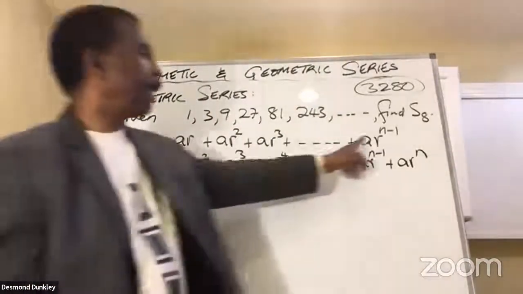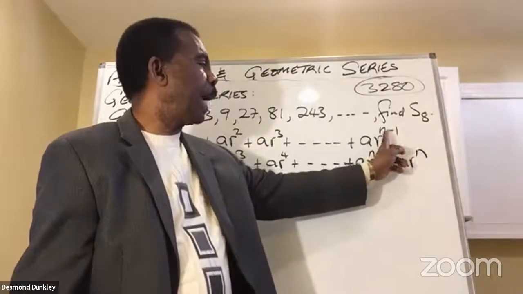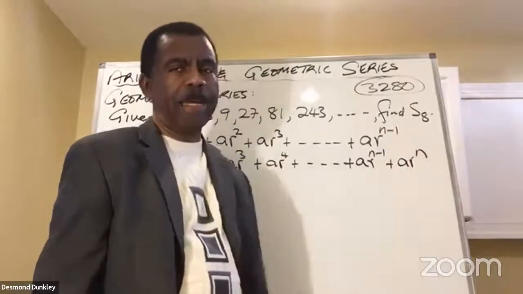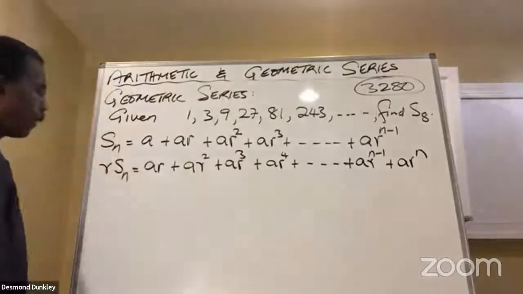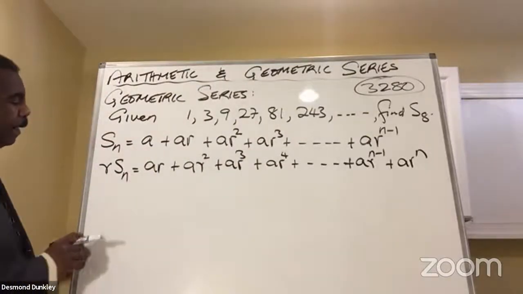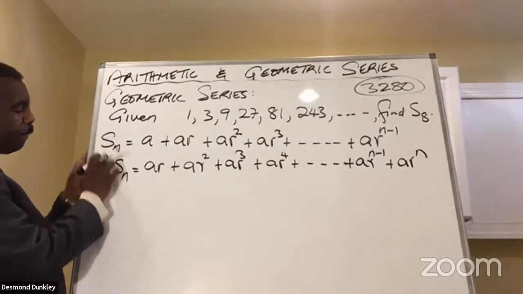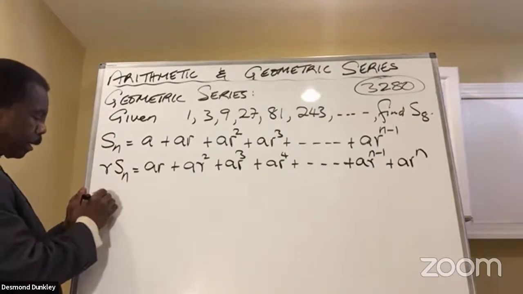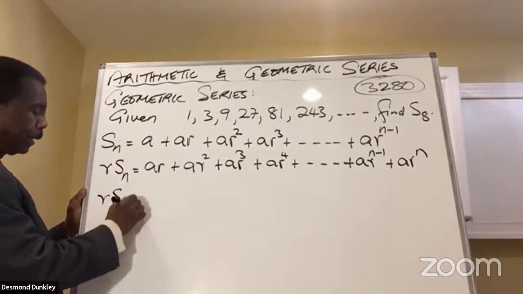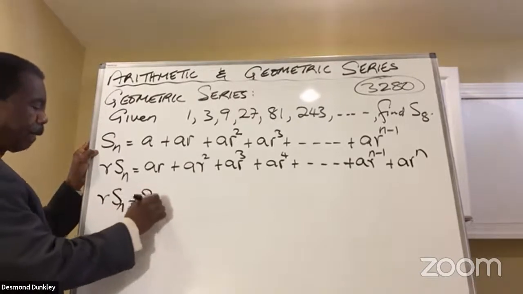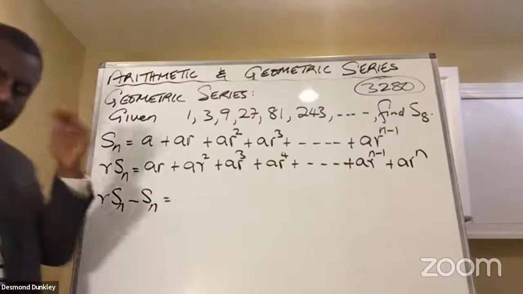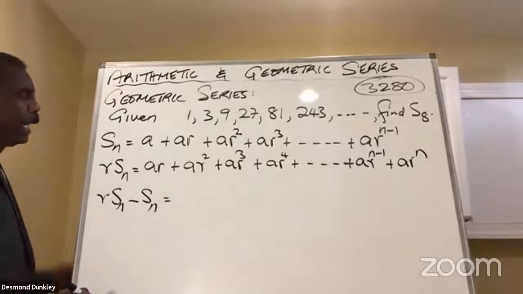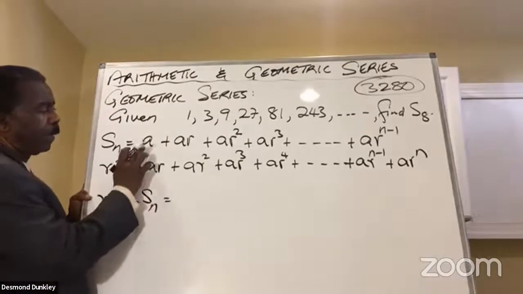Because when we multiply this by R, it's going to add 1 to this: n minus 1 plus 1 gives you just n. Okay? Now, watch this carefully. If I subtract this from this, what do we end up with? We end up with R Sn take away Sn. So just mentally see if you could think of taking this from this. You realize that we're going to end up with